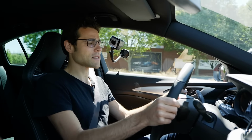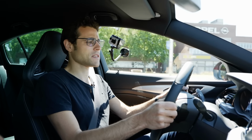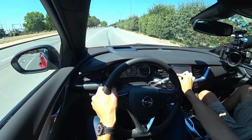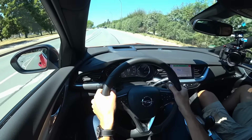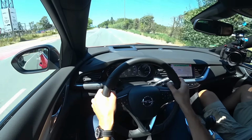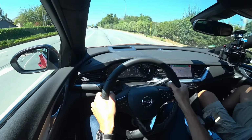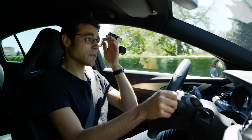So this is actually the biggest difference. When you drive the base Insignia, then you have a rather softer ride, nothing special sporty, but here definitely when you have the 20-inch wheels, this feels pretty stiff then. So when you have like some bumps on the road or so, you definitely notice these 20-inch wheels. However, the adaptive suspension evens it out a little bit,